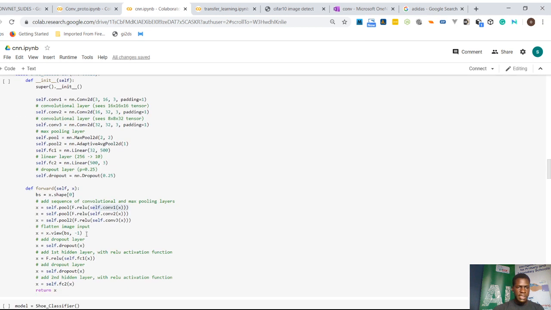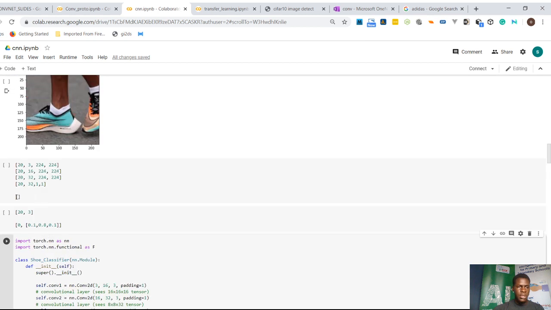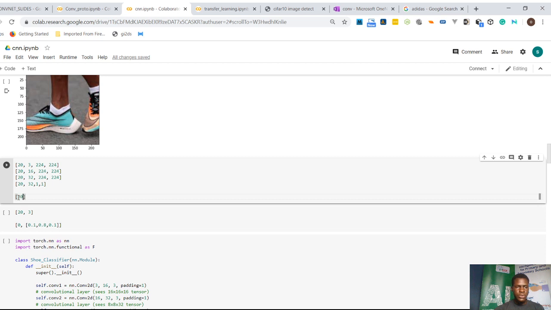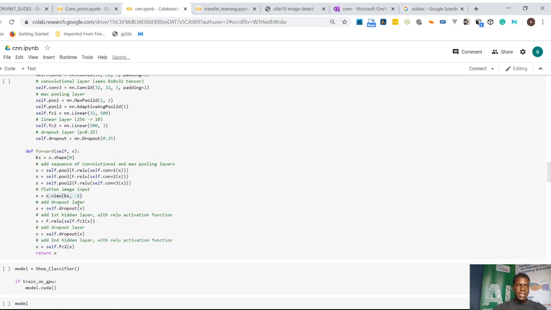So here we flatten the image. We have to be 20, that will be 32 times 1 times 1. So we'll be having 20, 32. So that's what is being passed in here. So we pass it to the dropout layer. So what this dropout layer actually does is,